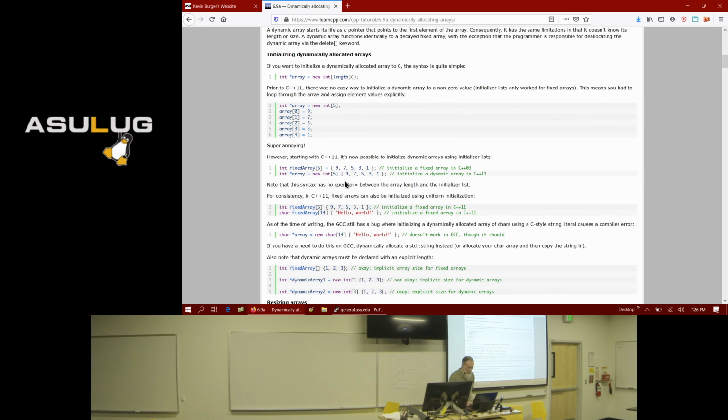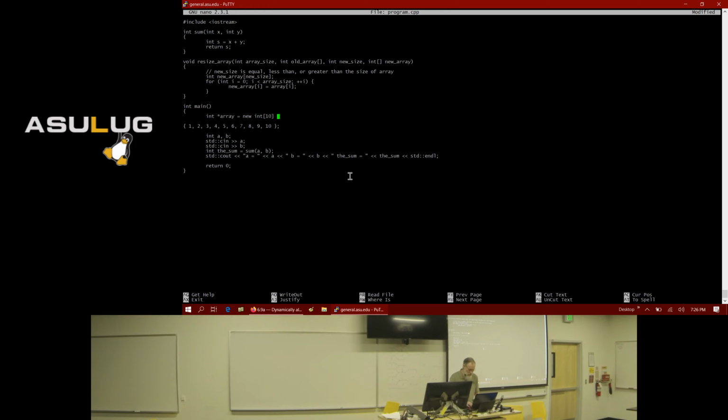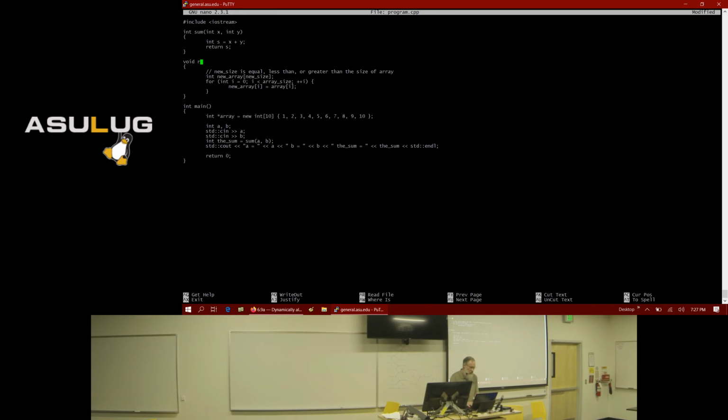And then, okay, so that's the new syntax. Now let's just write a function that prints out the elements of the array, just so we have a loop we can debug.